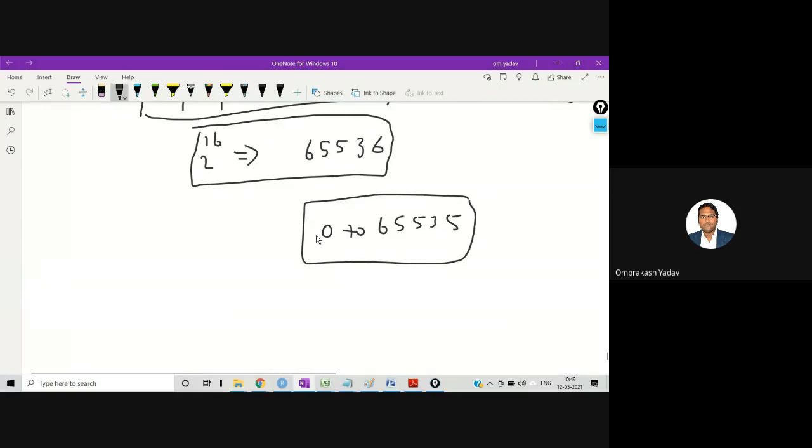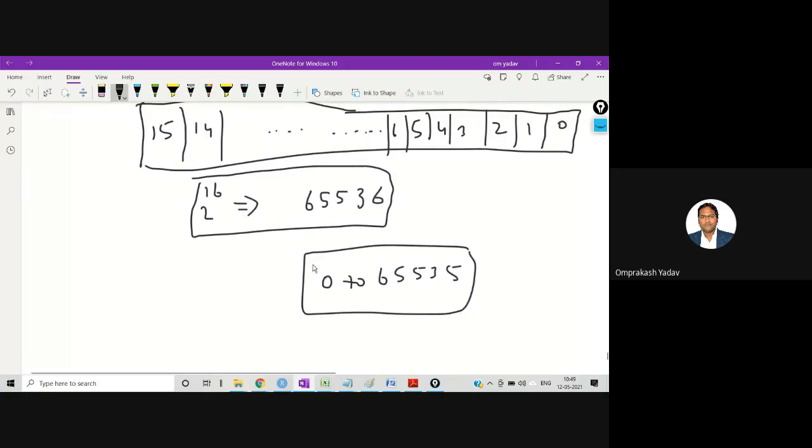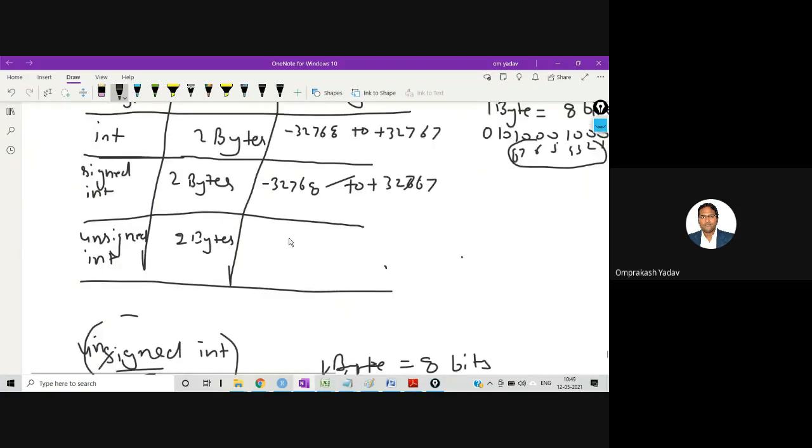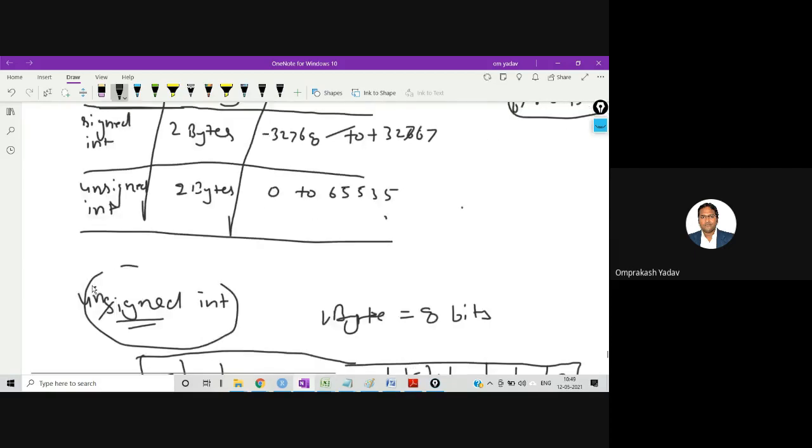I'm talking about unsigned int, which is not the signed one. So only positive numbers I am considering over here. So the range of this one will be 0 to 65535.